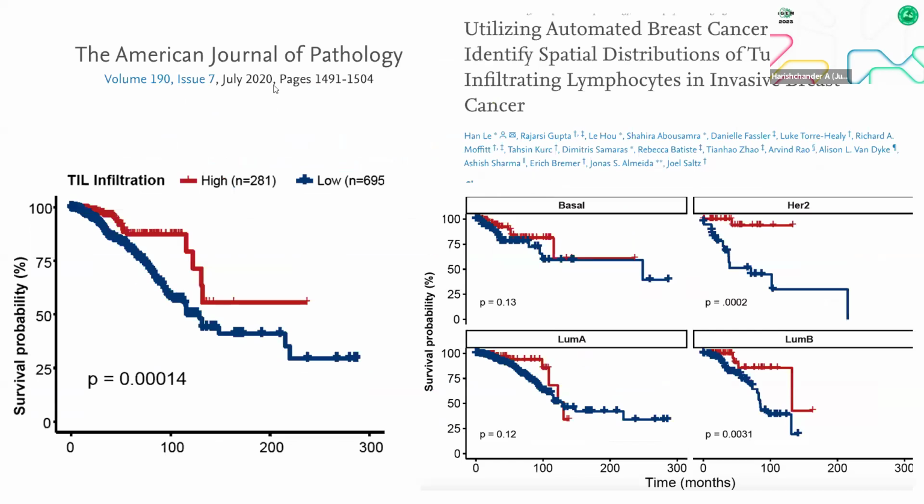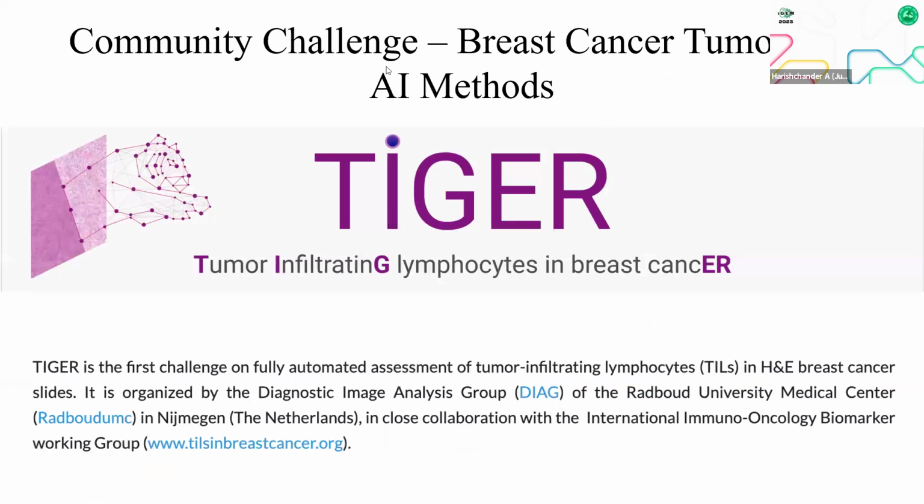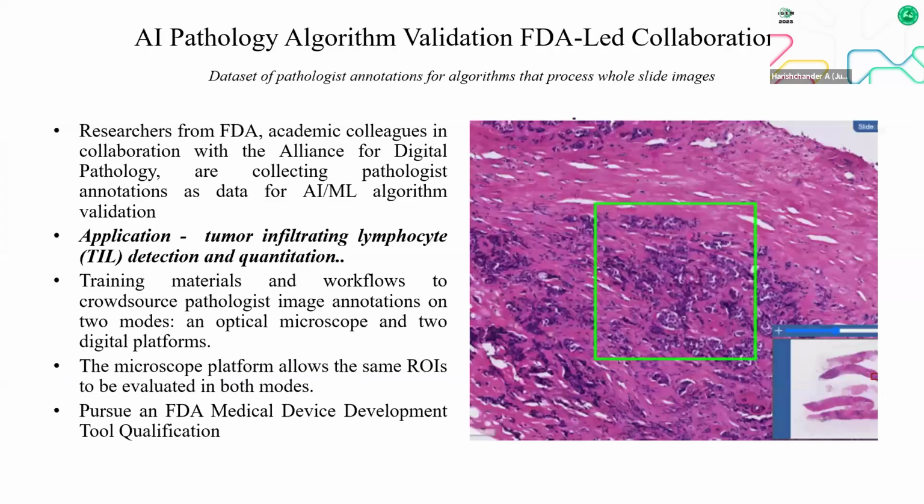And as you can see, in 2020 a very good paper came in the American Journal of Pathology, which used an automated technology to detect breast cancer and the related lymphocytes. And it has also given the risk factor analysis by univariate and multivariate methods to get the results. And the community challenge here is to integrate a lot of data, because there are very few people who can collaborate and give data. There are some places and some kind of people who don't want to collaborate and give the data for a research cause. You need to educate them and work it out.